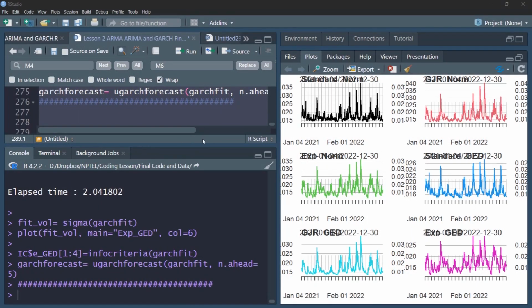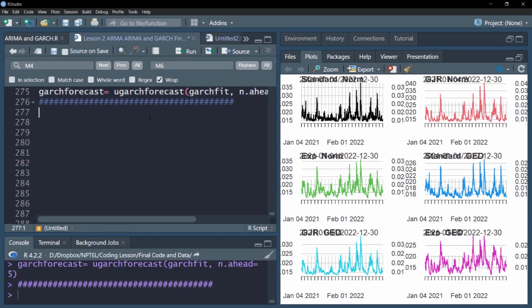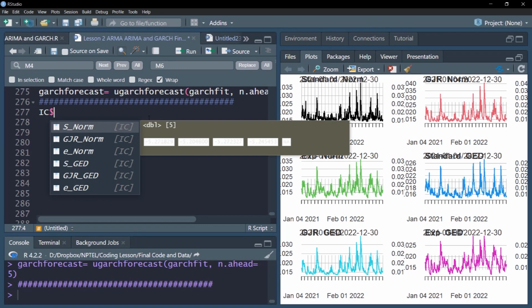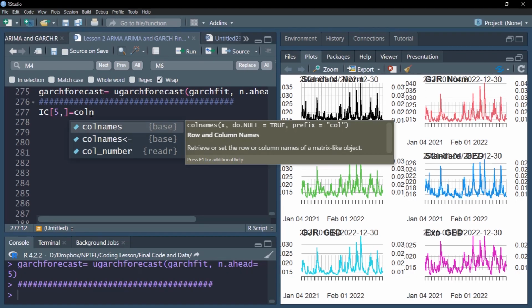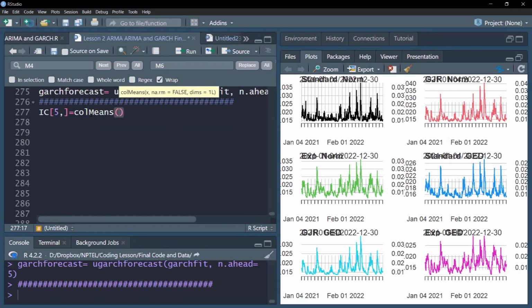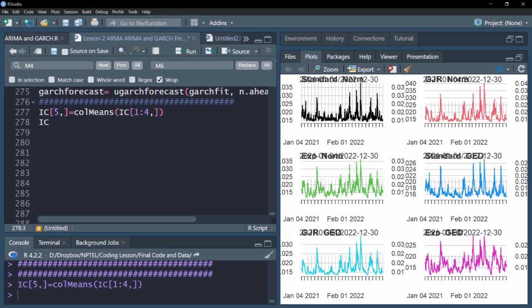In this video, we'll now compile the last complex error object, and please note our complex error object IC dollar, the fifth row. We said that it should be the mean of all the AIC, BIC criteria column means for all the first 4 rows. I'll compute it. So let's see if it is done correctly.